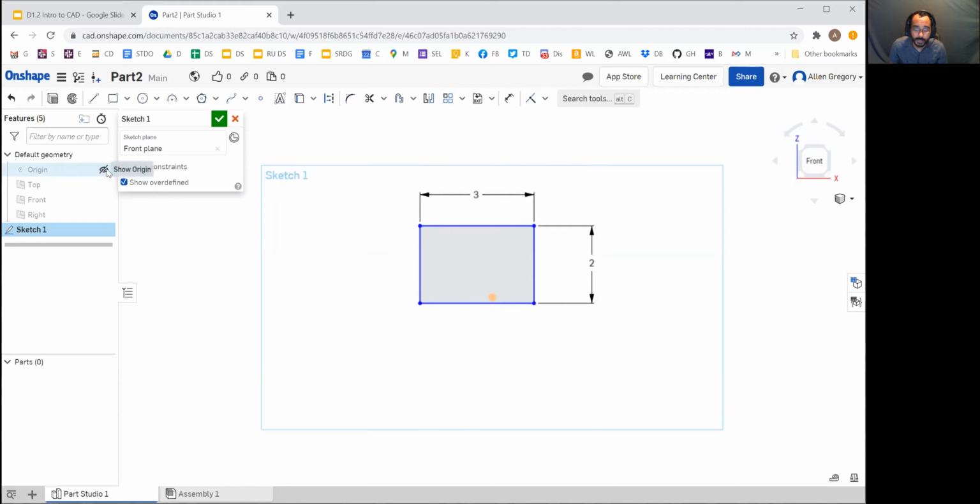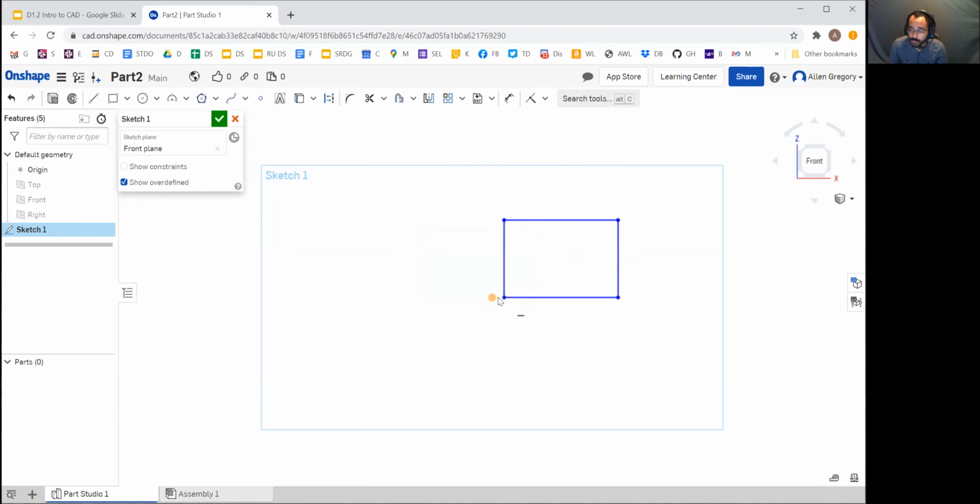If you wanted to make it to where you couldn't even move it, I could bring the origin back. So I could unhide the origin. I could take one of the corners of the rectangle and plop it right down there on the origin. And now you saw all those lines turn to black, right? If they're black, that means they are what's known as fully defined, and I can't drag it around anymore. So I can click them and it won't let me move them at all. So before I could move that rectangle, now I can't move that rectangle